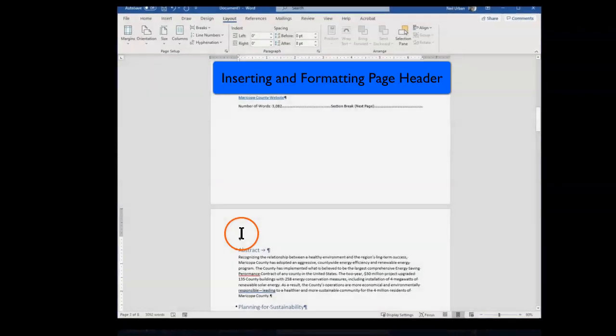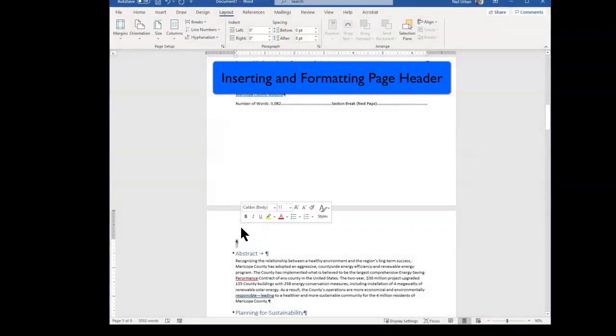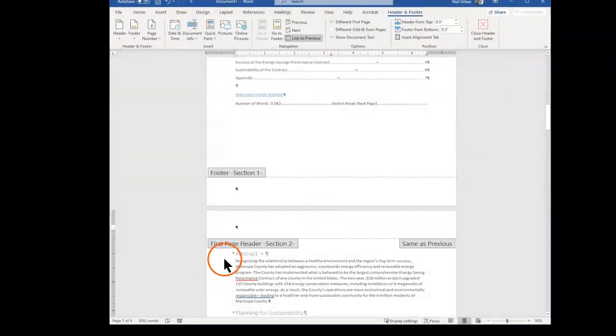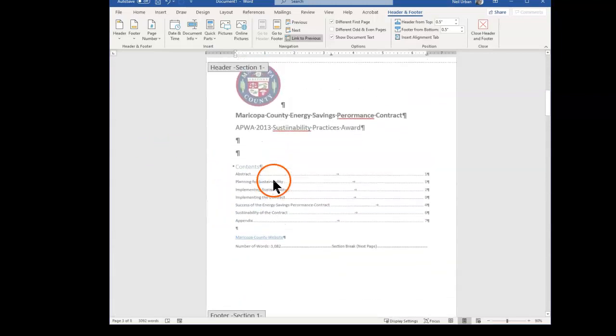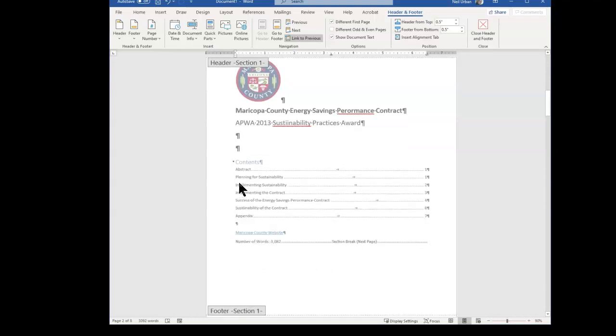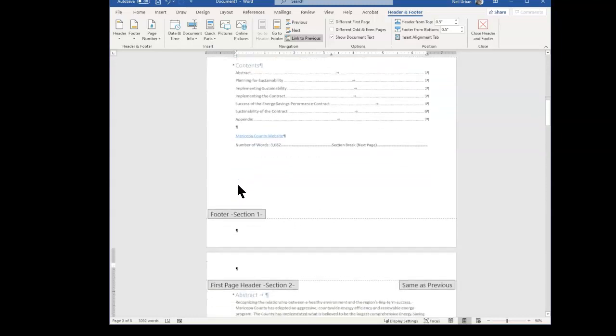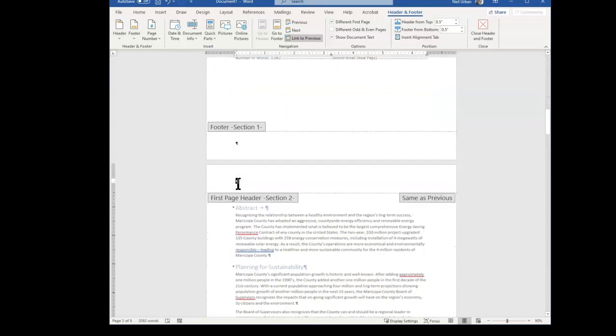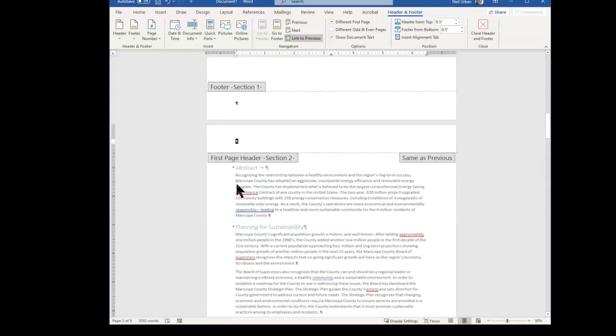So right now, if I double click in my headers, see, this is header section 2, this is footer section 1, so we have different sections. We can format page sizes and page formats, and you can change the margins within sections independently of the other ones, and especially you can also have headers and footers independent of the